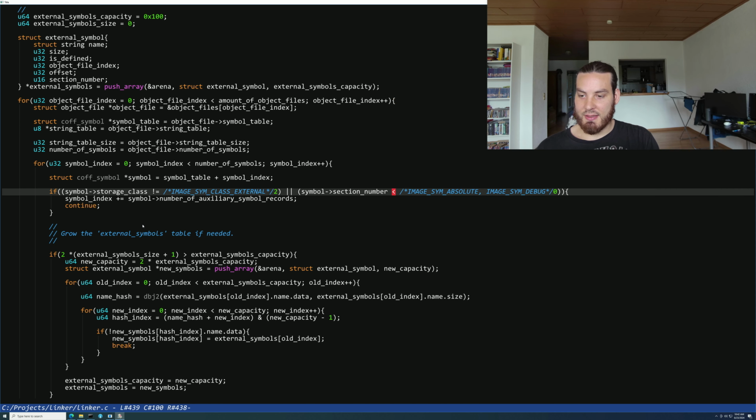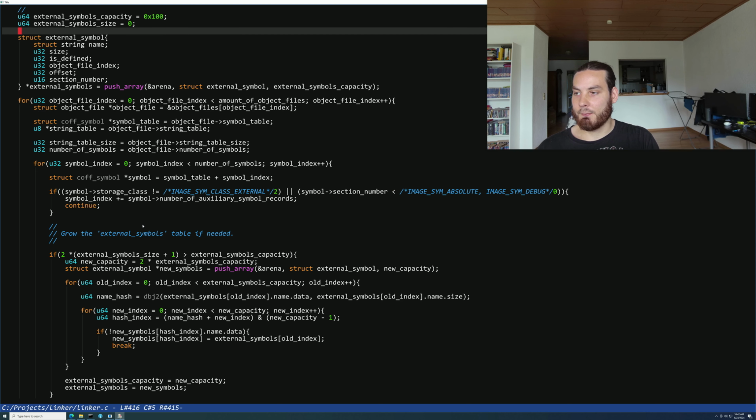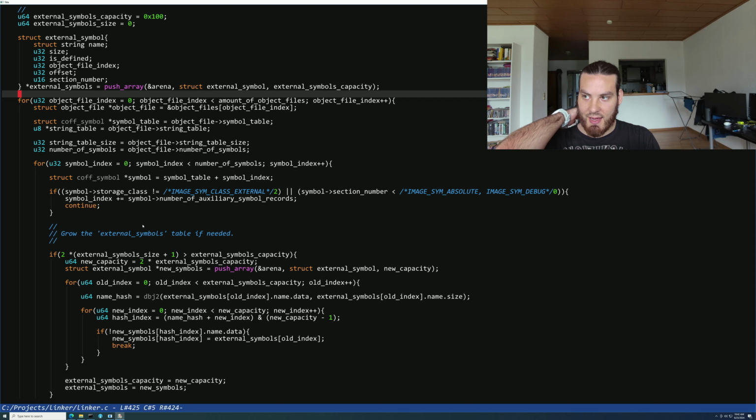And if they were external symbols, which means they refer to another object file or define something, then I put them into this external symbol hash table that I have right here,